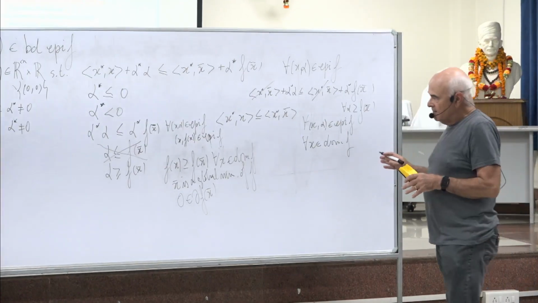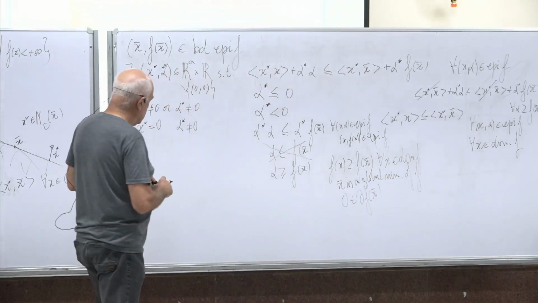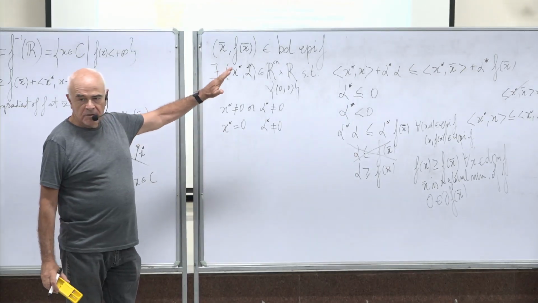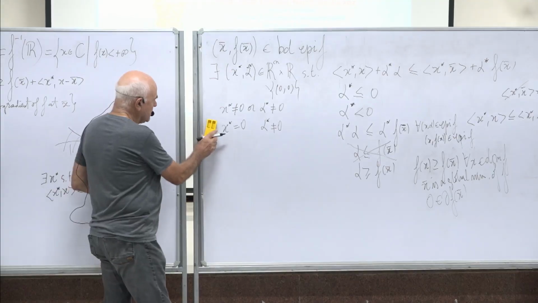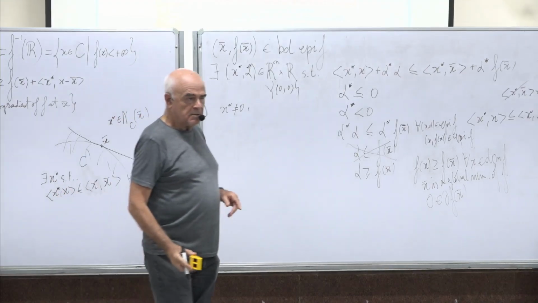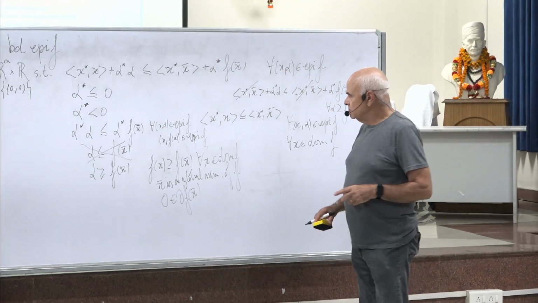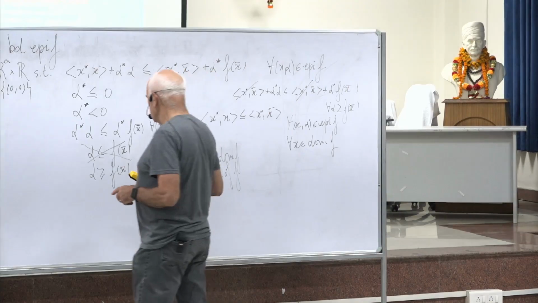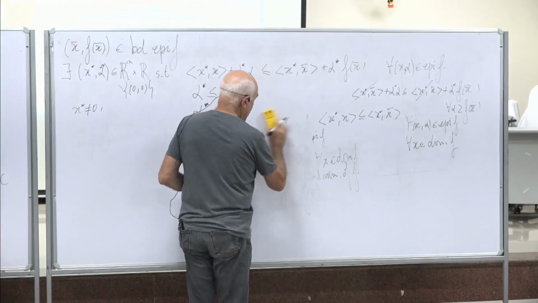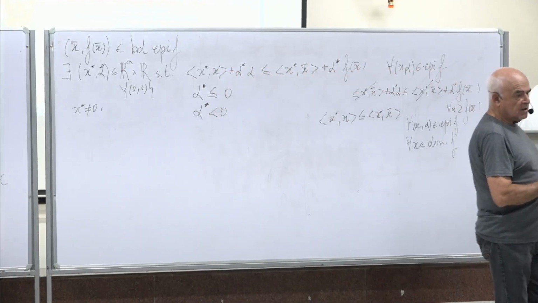Okay, but this case was missing in the initial proof I was planning. So, the case x star equals 0 we have already solved. So now we assume that x star is different from 0. Okay? But we had first to deal with the case x star equals 0. Then, we interrupted the proof to make this